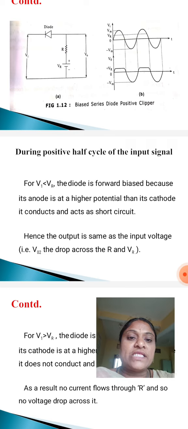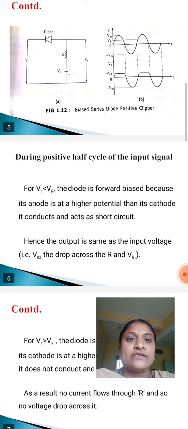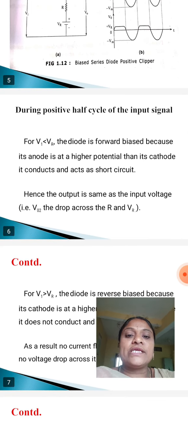Okay, hence the output is the same as the input voltage, that is VO equals Vi, the drop across the resistor R and VR. Okay, so next,